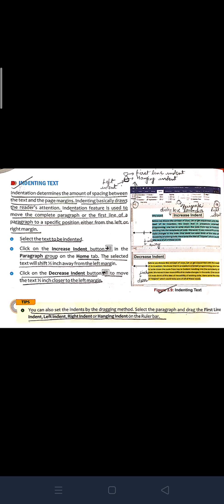So that was it for the chapter. Children, do prepare it well, and learn the question answers and the back exercise thoroughly. Nothing from outside the chapter will be asked, only the back exercise and the question answers will be asked in the examination, right? So prepare well. All the best.